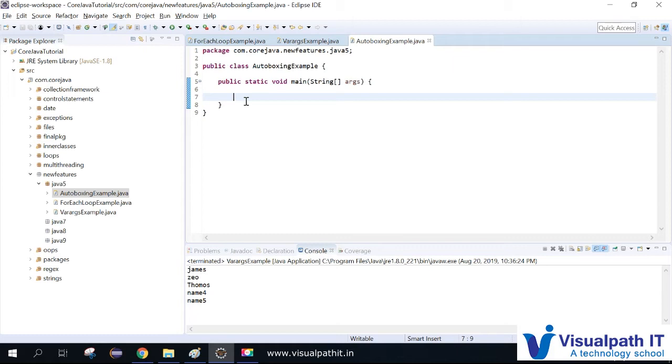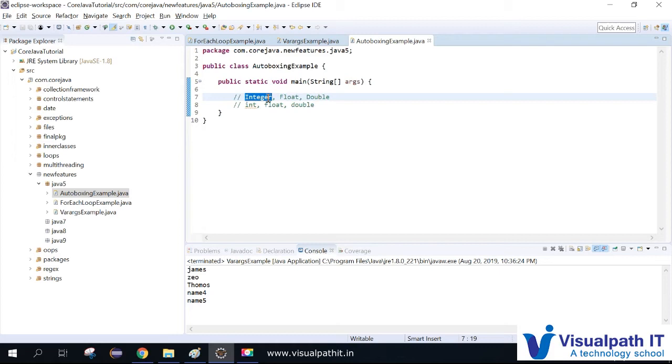These are all the wrapper classes, and the primitive data types for these are int, float. So these are all the primitive data types, and these are all the wrapper classes.